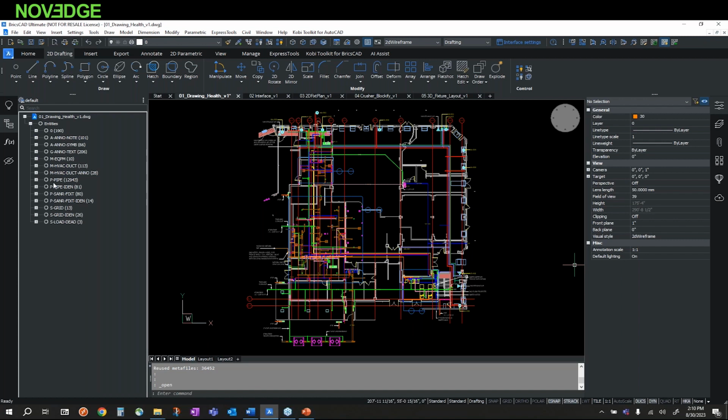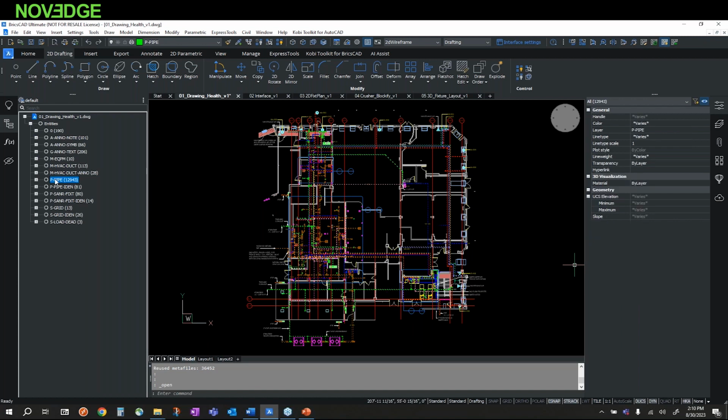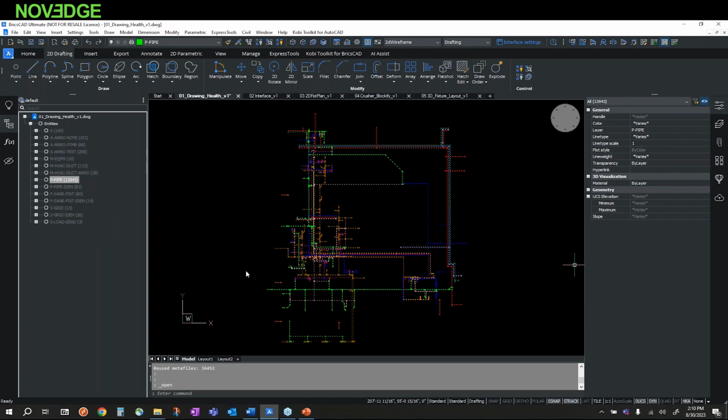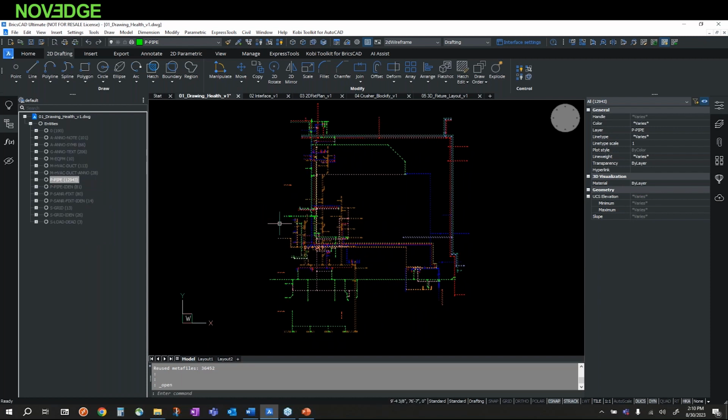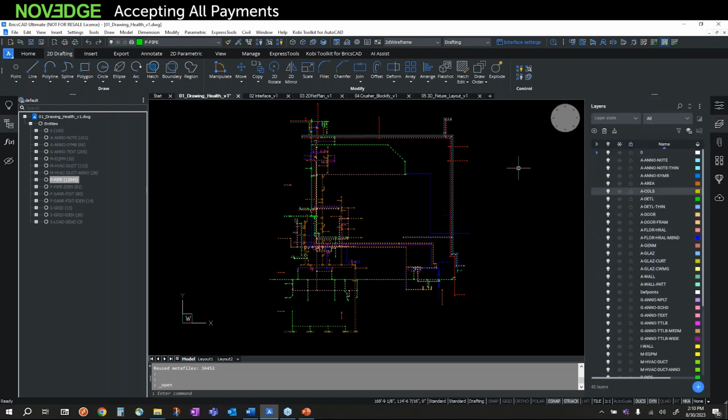So I can select a particular layer here, say the P pipe, and I can say, maybe I want to isolate or hide the contents on that layer. So I can go ahead and say, I want to isolate them. So it isolates the contents of that layer. It's a whole lot easier than using the layer structure. This does mimic the actual layer for P pipe, but I have more control over here in the structure browser,